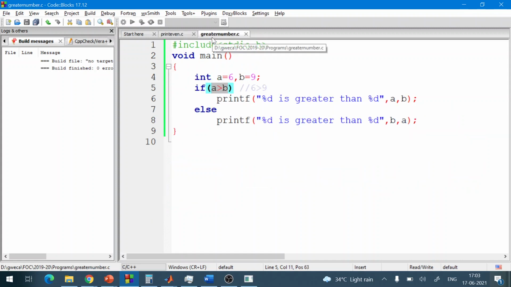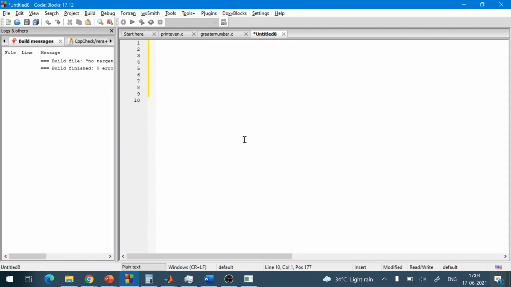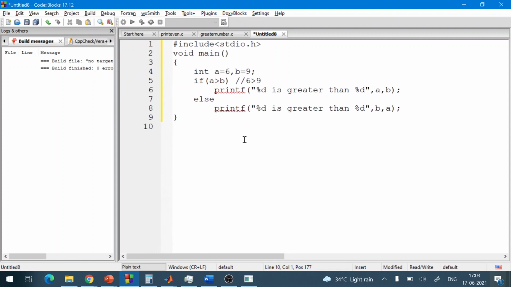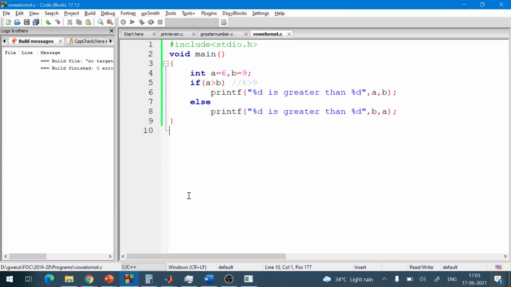But decisions can be complex. In those decisions we require multiple conditions to be evaluated before making any decision. So, vowel or not: whether a character is a vowel or not.